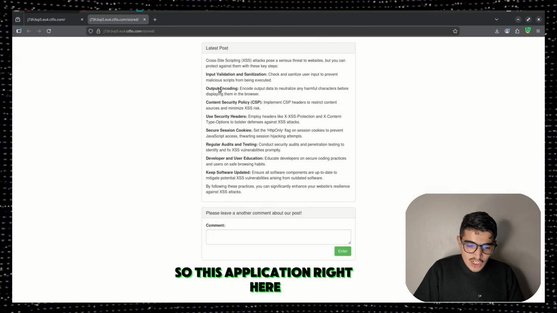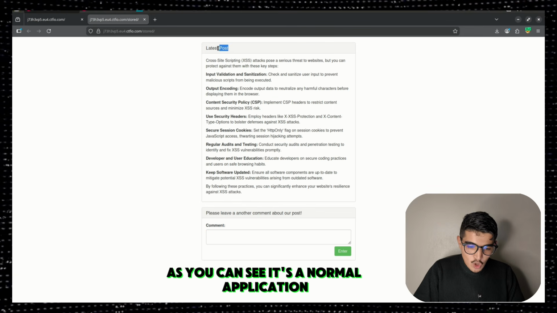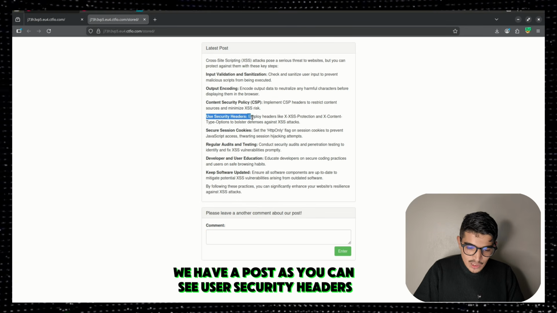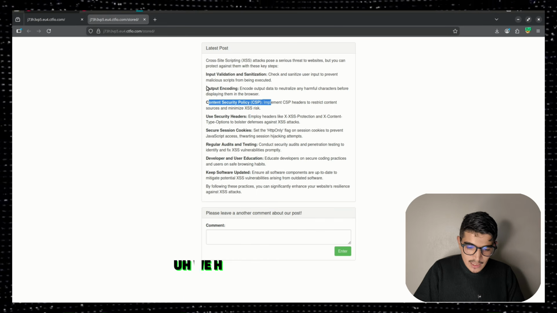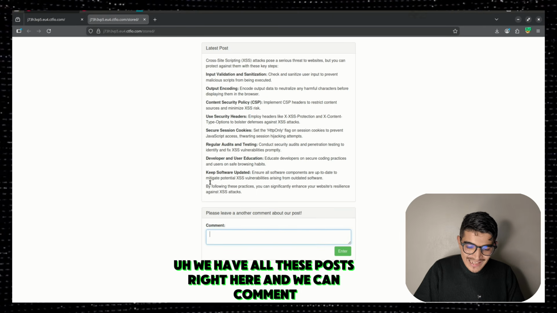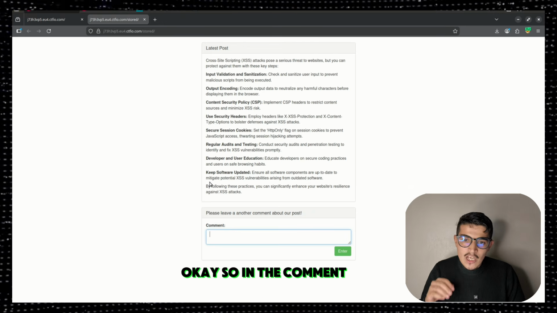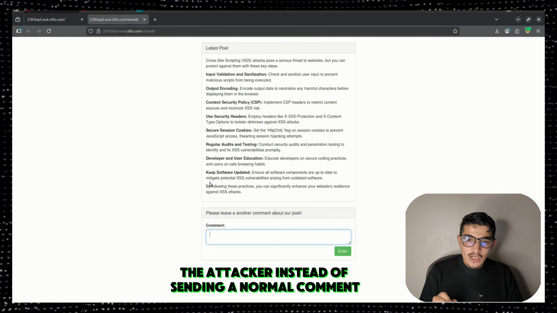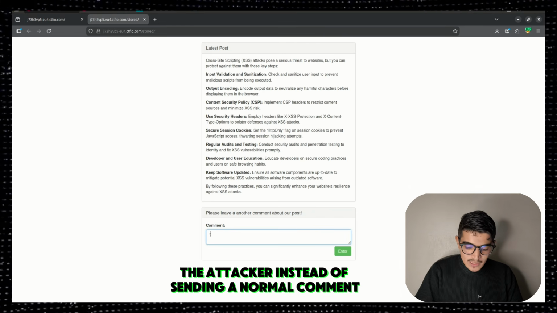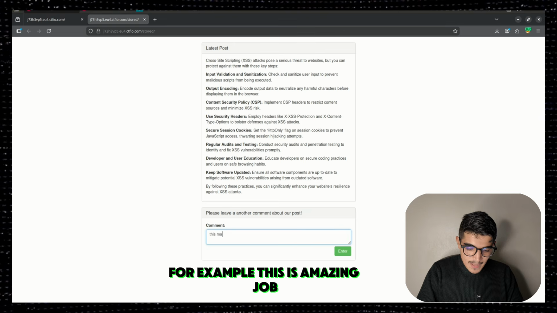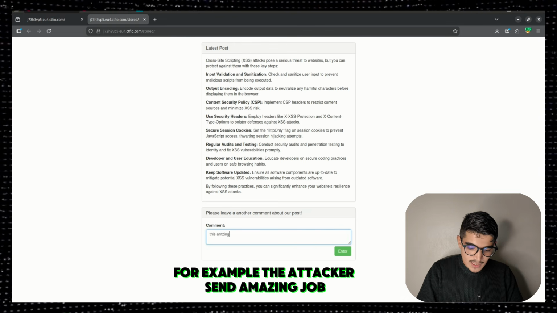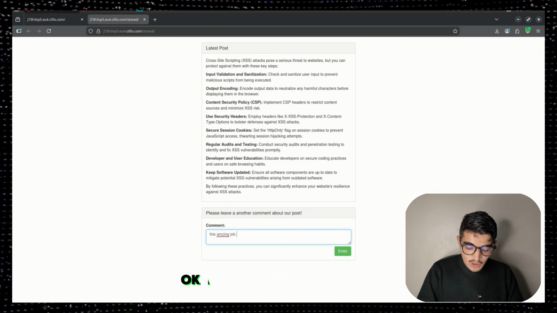So this application right here, as you can see, is a normal application. We have a post, as you can see, user security headers. You have all these posts right here, and we can comment. There is a comment section. So in the comment section, the attacker, instead of sending a normal comment, for example, the attacker sends "amazing job",